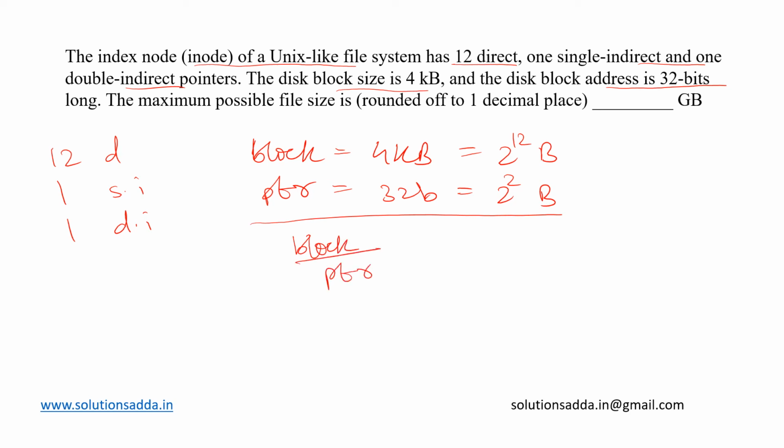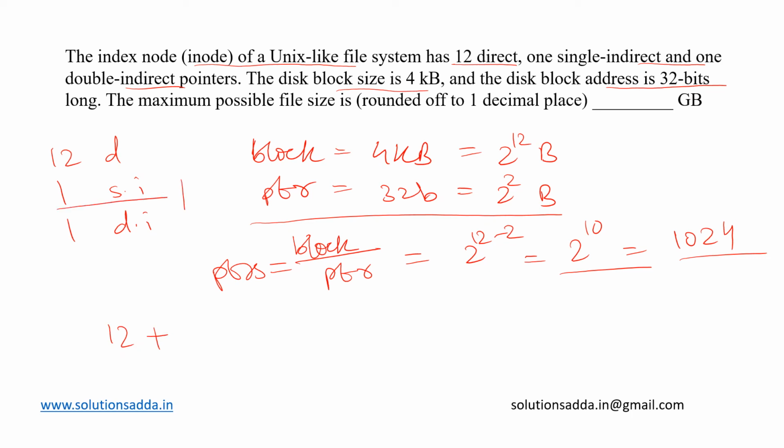That will be given by the block size upon pointer size. That will be 2 to the power 12 minus 2 equal to 2 to the power 10. So each block will have 2 to the power 10 or 1024 pointers. But now since we are having 12 direct plus 1 singly indirect, which means one entire block with 2 to